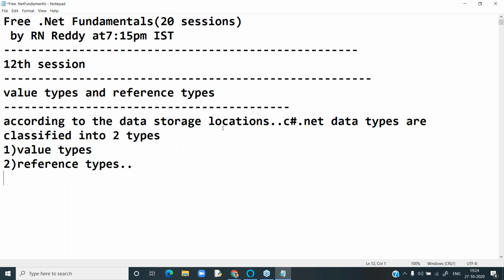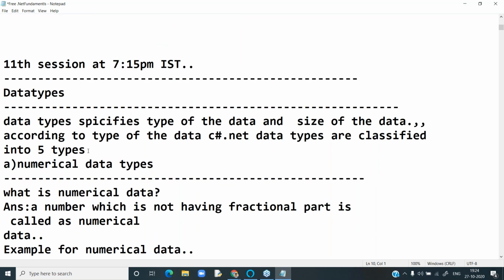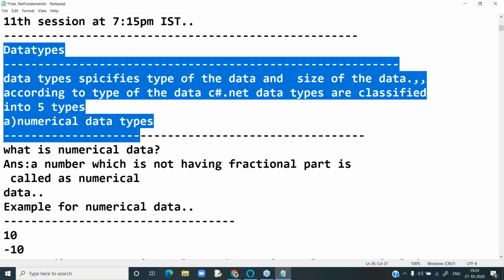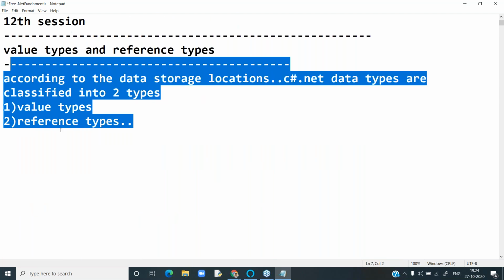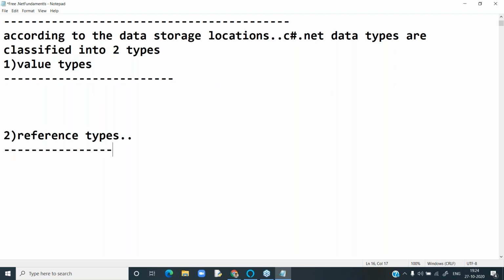Let's understand first what value types are, and second we'll discuss reference types. What is exactly a value type? In value types, data will be stored in stack memory. Coming to reference types, in reference types, data will be stored in heap memory.